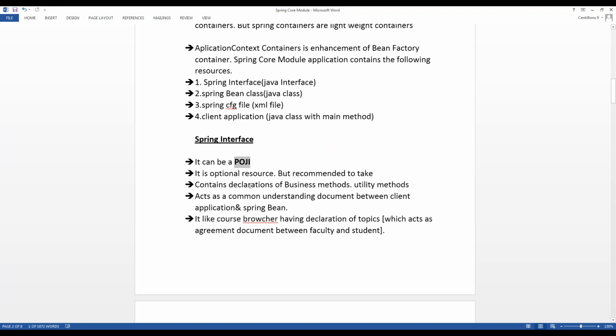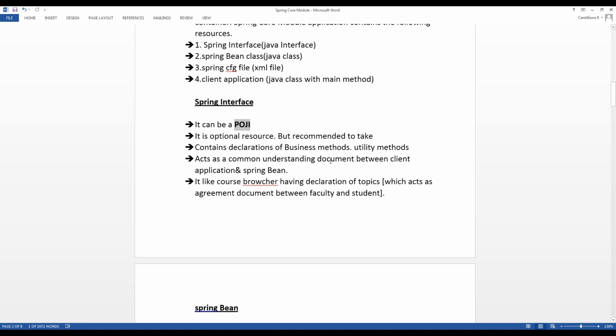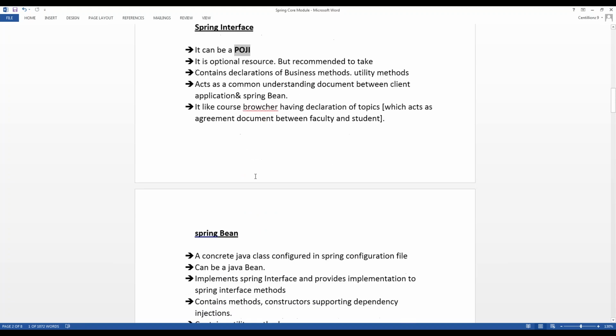A POJI contains declarations of business methods and utility methods. It acts as a common understanding document between the client application and the Spring application. It's like a course brochure. If you go to any institute, the institute has a brochure, and the same content of the brochure is discussed in the classroom.